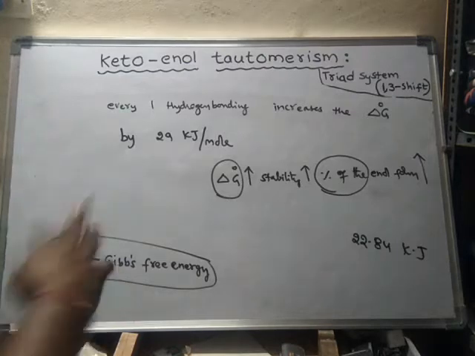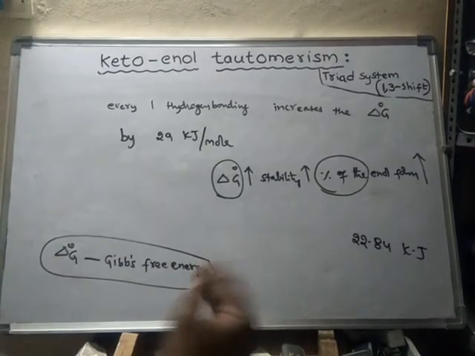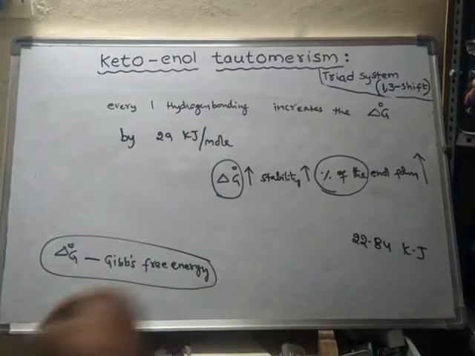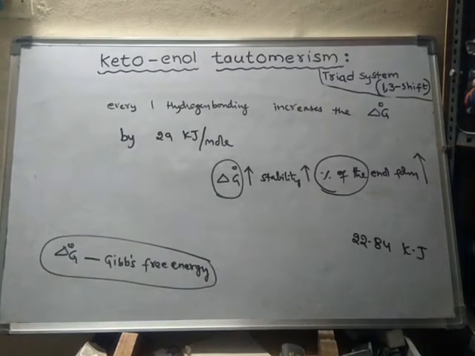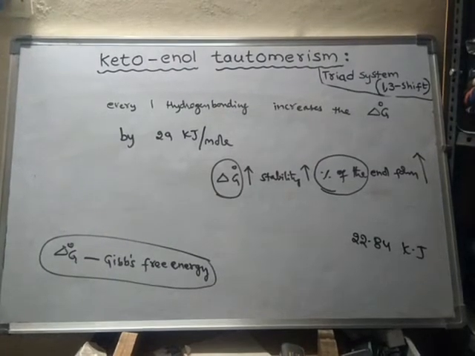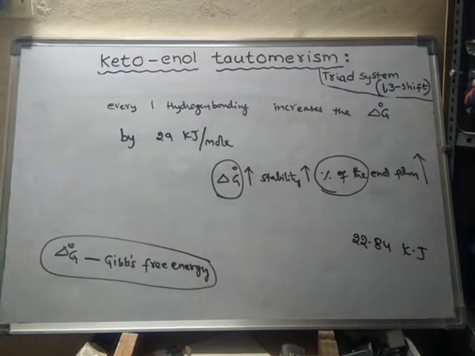Generally, tautomerism means two types of substances occur, and one converts into the other, and there exists a dynamic equilibrium. Two substances means two forms: one is the keto form and the other is the enol form. In general, the percentage of keto form will be more than the enol form, but under certain conditions the enol form will gain more change in free energy, due to certain factors. We will learn those factors now.